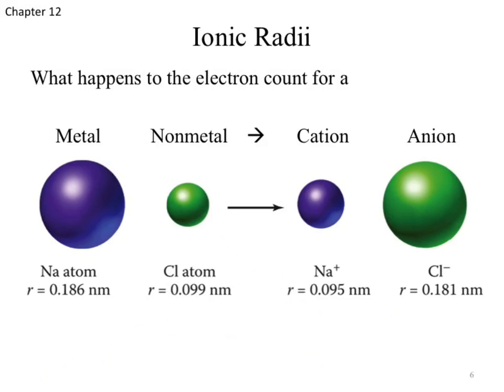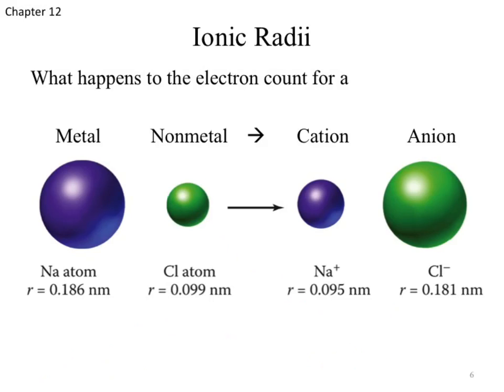What is this going to tell us with our trends? As we go left to right in the periodic table, what's going to happen to our ionic radius? So the ionic radii now. It gets bigger. We shift from sodium, and we have to take into account now that when we're looking at our ionic radii, we're looking at their standard state charges. So the metals will always be positive. Our nonmetals will always come out as negative. That's going to have to contribute to our ionic radii definition.